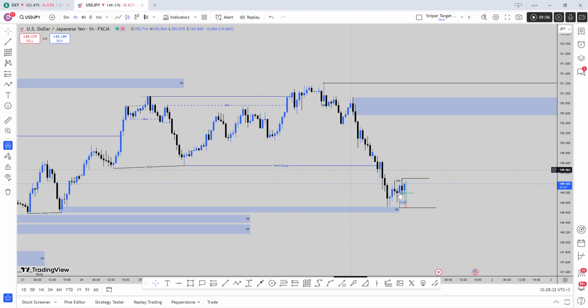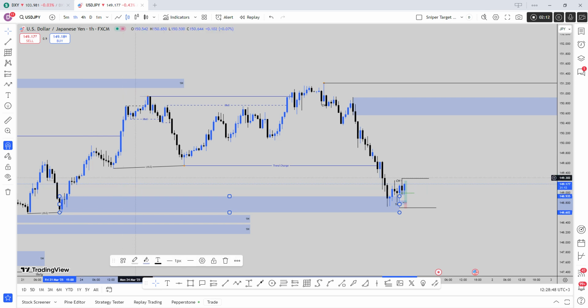So with that understanding, one of the signals that we are getting for that pullback was the change of character. Now we tapped into this demand order block or demand zone, and that is the 1 hour demand zone. All right, that was the 1 hour demand zone. But if we are to refine it,